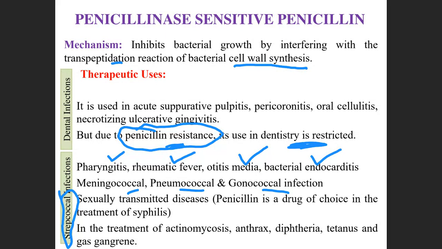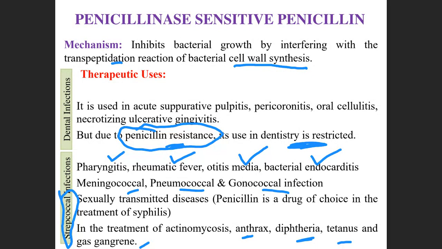And in the treatment of actinomycosis, anthrax, diphtheria, tetanus, and gangrene, penicillin is the drug of choice for these infections, especially the infection caused by